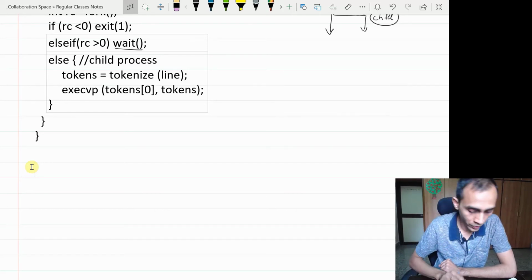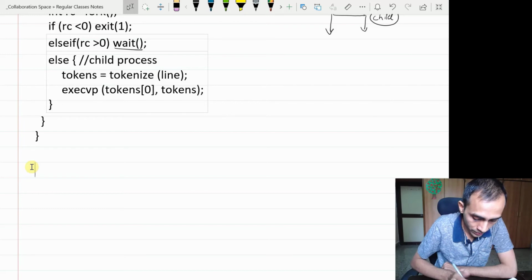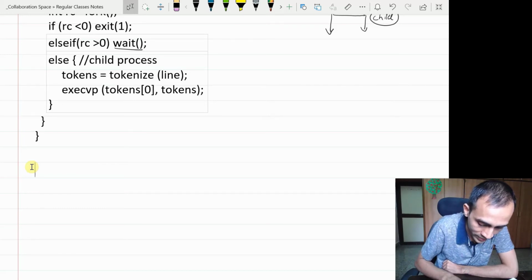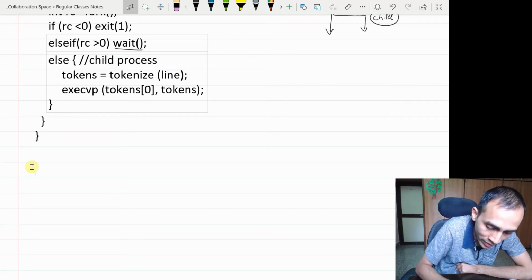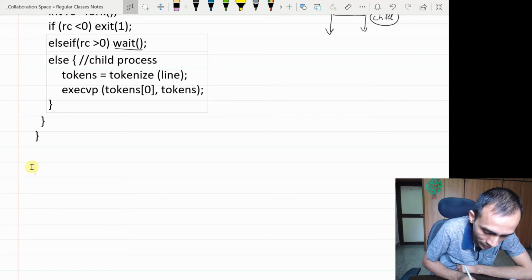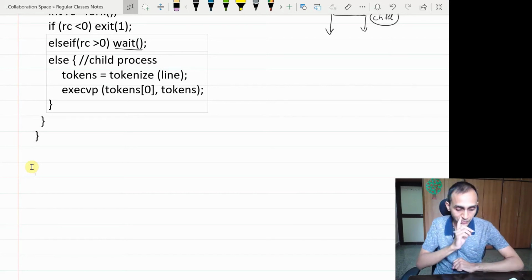Okay, we have 20 minutes more. So as I said, a more complicated shell has many other things to do. Shell is in fact very powerful. In one of the earlier Unix systems, most of the programming could be done just using shell commands.